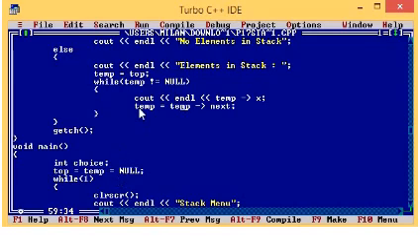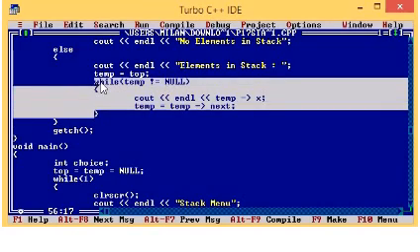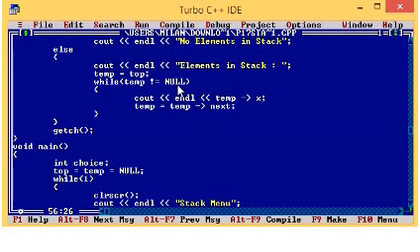How do we do that? Temp equal to temp arrow next. Is it clear? And then we will be repeating. Again we will go back and check whether temp is not null, then again display that element. As long as we have not reached the null location, we keep displaying by changing temp to temp arrow next. Clear?